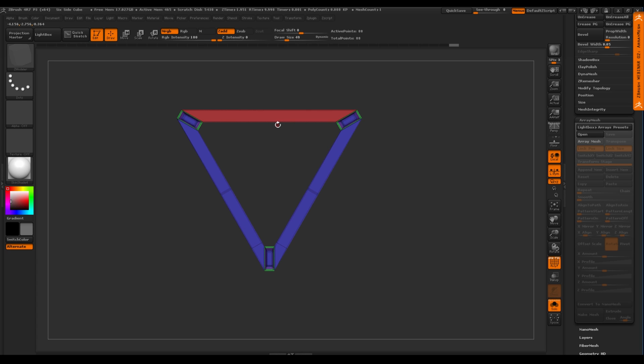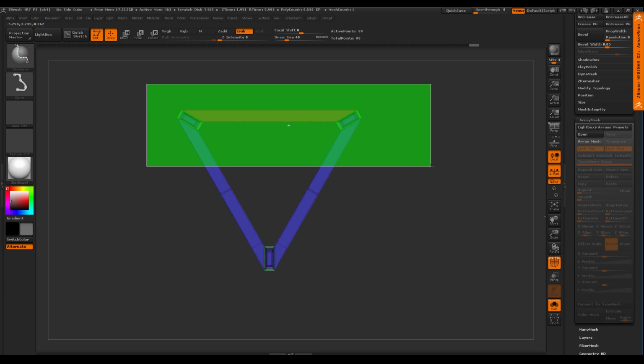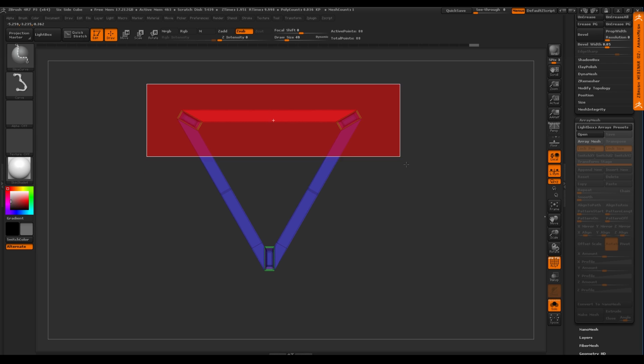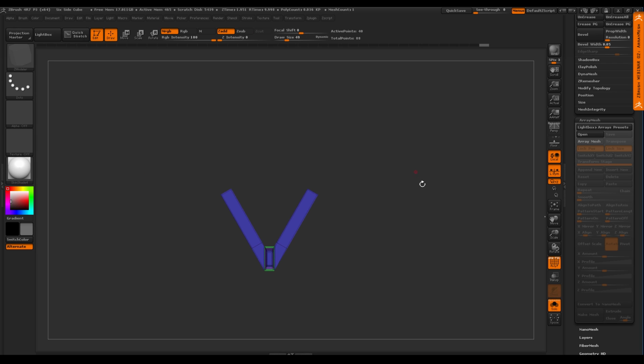So this is why I like using this array mesh, because this is a shape that would have been a lot more difficult for me to do in the past, but array mesh is making it a lot easier for me, and then I can change things. So what I'm going to do now is let's delete this top half, and let's just keep this bottom half. I'm just selecting out this up here. I'm holding down the Control and Shift key and dragging out. My fingers aren't on the keyboard anymore, by the way. And now I'm holding the Alt key to switch it to the red box, and that hides whatever is in the red box. And then now what I want to do is delete the hidden.